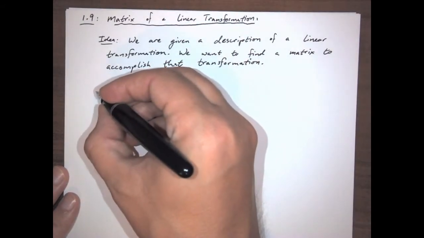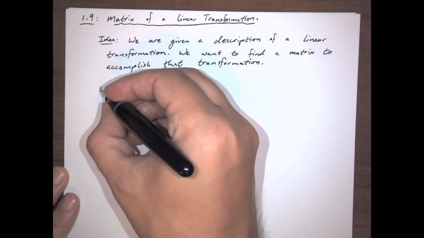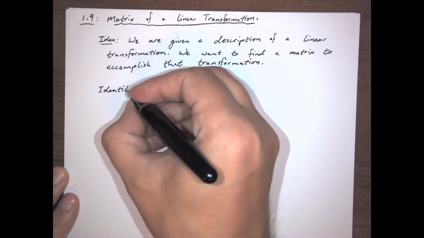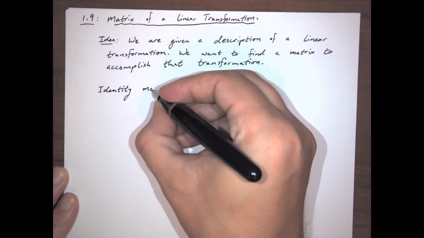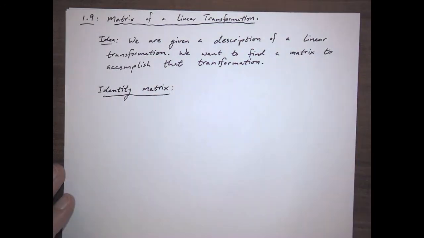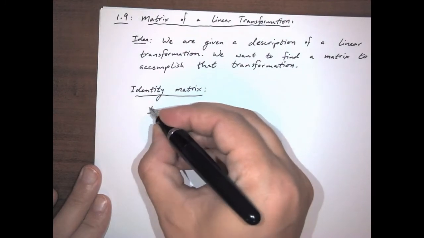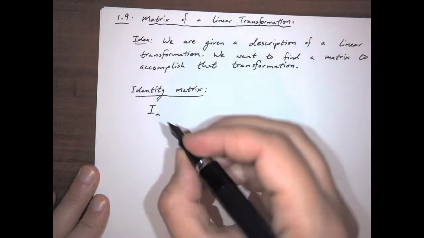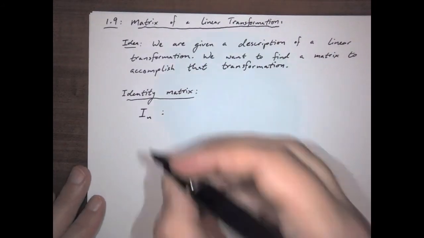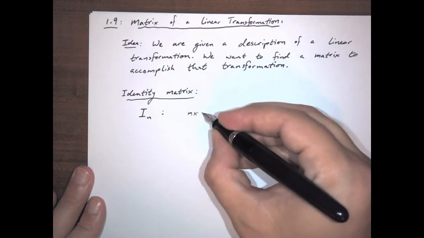So here's our first step along the ladder here. The identity matrix. The identity matrix of size n. This is a square matrix of a very specific kind. Square means n by n. So this is an n by n matrix of the form